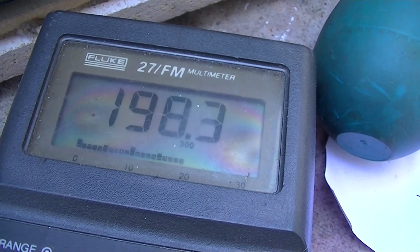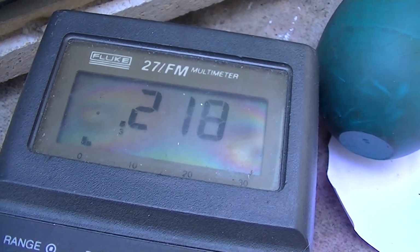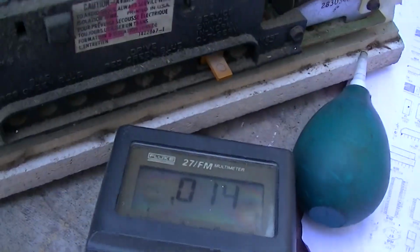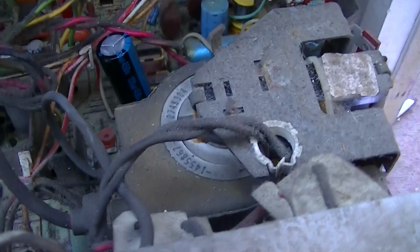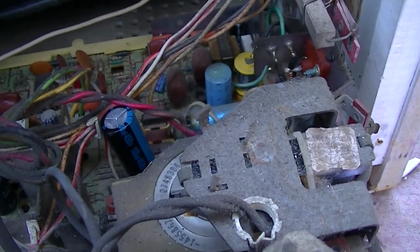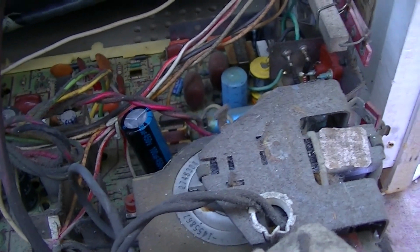They're calling for 200 volts there, and maybe it's just because I need to do a setup or I got the brightness turned up or something, but it's a lot closer. You know, this set would obviously benefit from a full recap. It's just getting into that age and